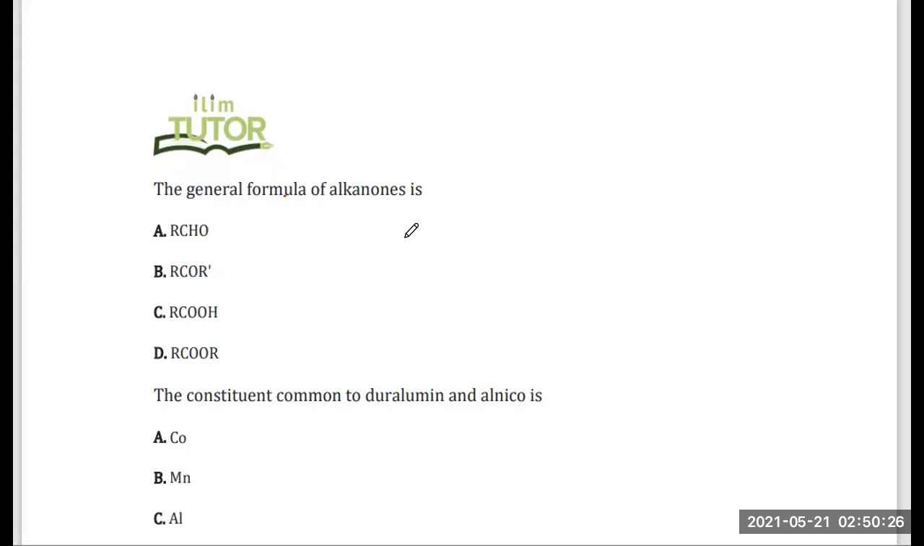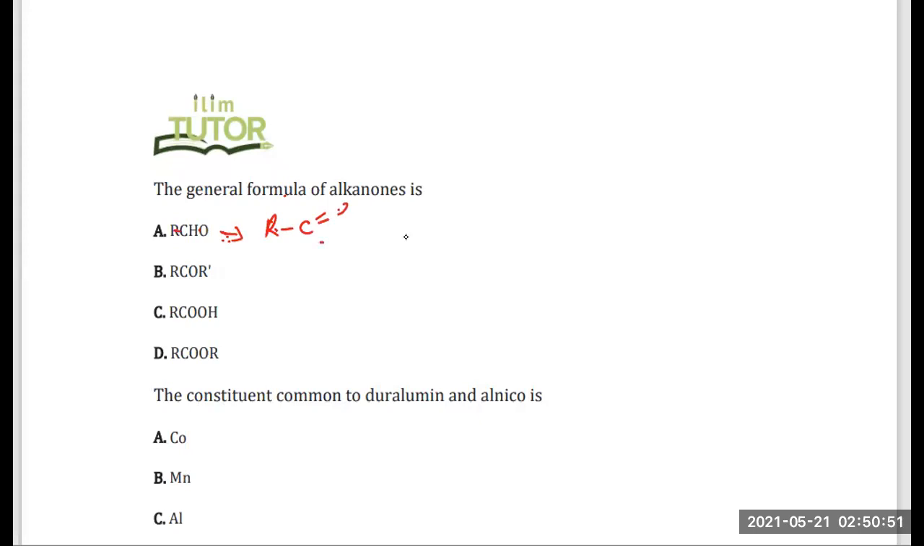In today's session, we'll be solving some past paper questions on chemistry. The first question that we have here is to find the general formula of alkanones. We can solve this question by picking the first option. The first option, we can draw the structural formula, which is